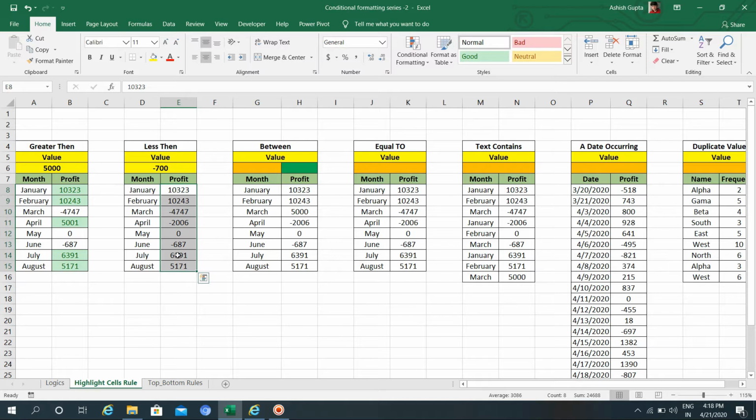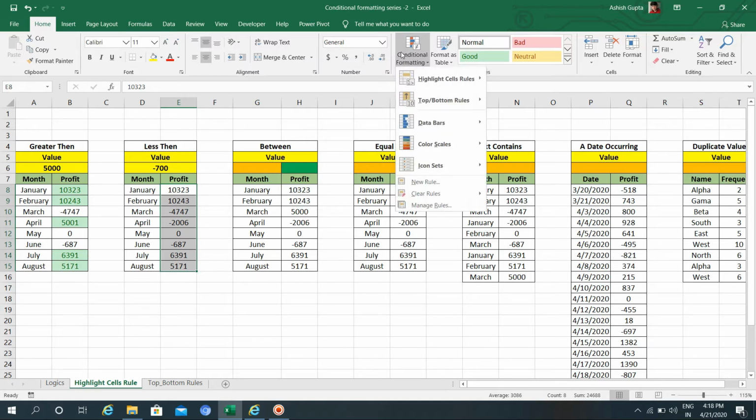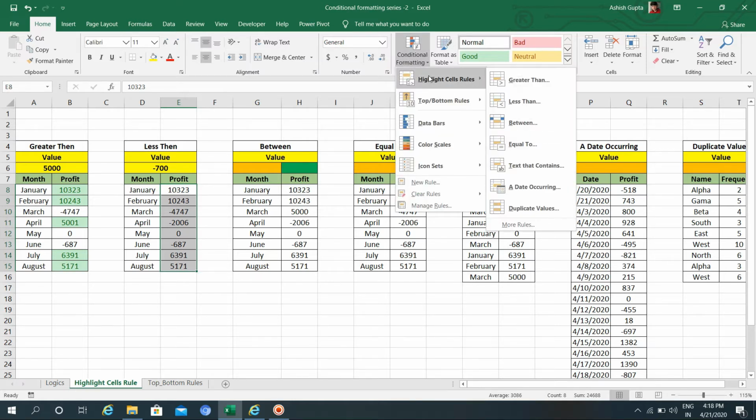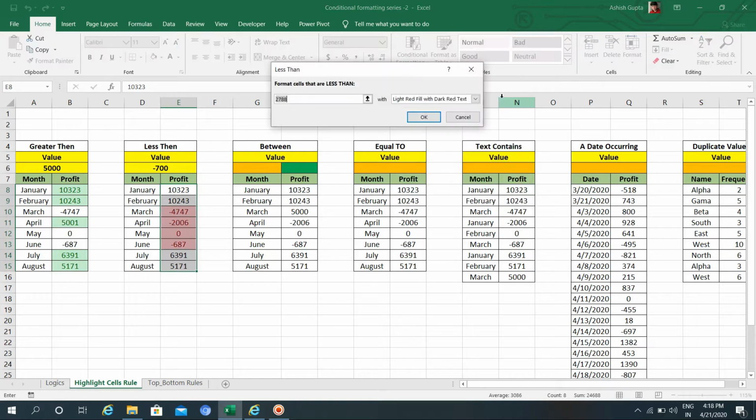Now I will select this area again, go to conditional formatting, highlight cells rules, click on less than, and this time I will not put any value here. I'll just keep a reference of D6. If any value is less than this number, it will highlight these cells.